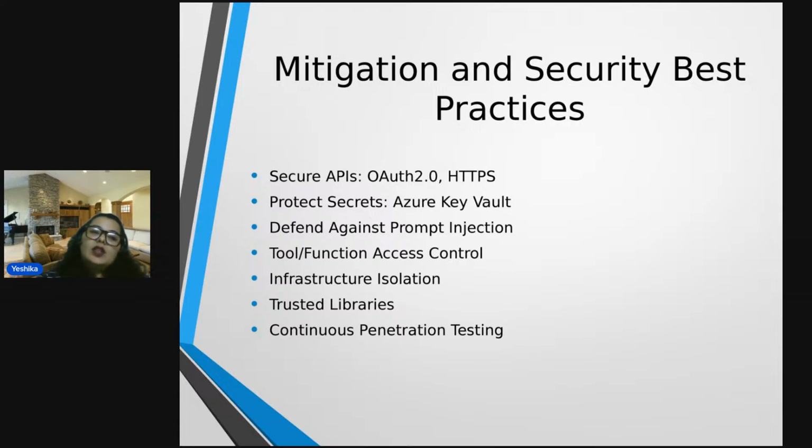Protect secrets: Azure Key Vault is another resource that we have, and it holds your secrets in a way that cannot be exploited in that format. Then defend against prompt injection with sanitization and validation. Azure itself provides you that availability to safeguard your own agents. Then tool or function access control.